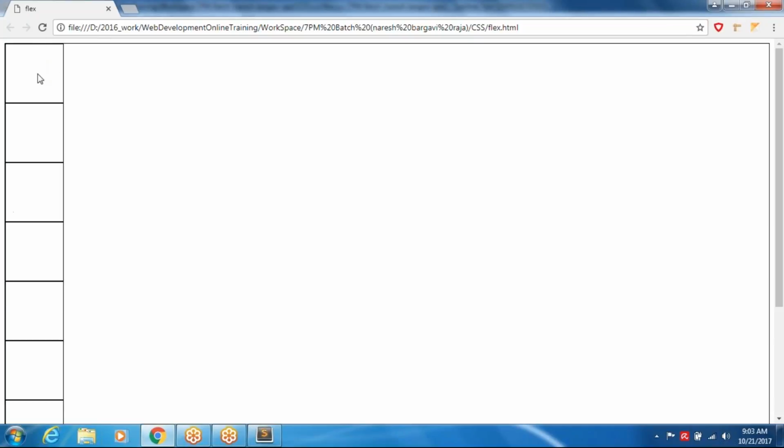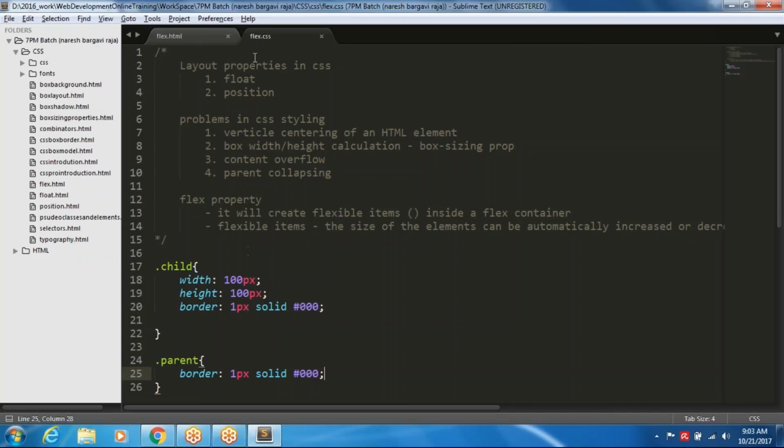These are the child elements. Each div is a block level element. That is why you will get some space here. Why? Because a block level element will occupy the entire width of the browser. That's fine. Now what I'm going to do is add some margin here for each and every